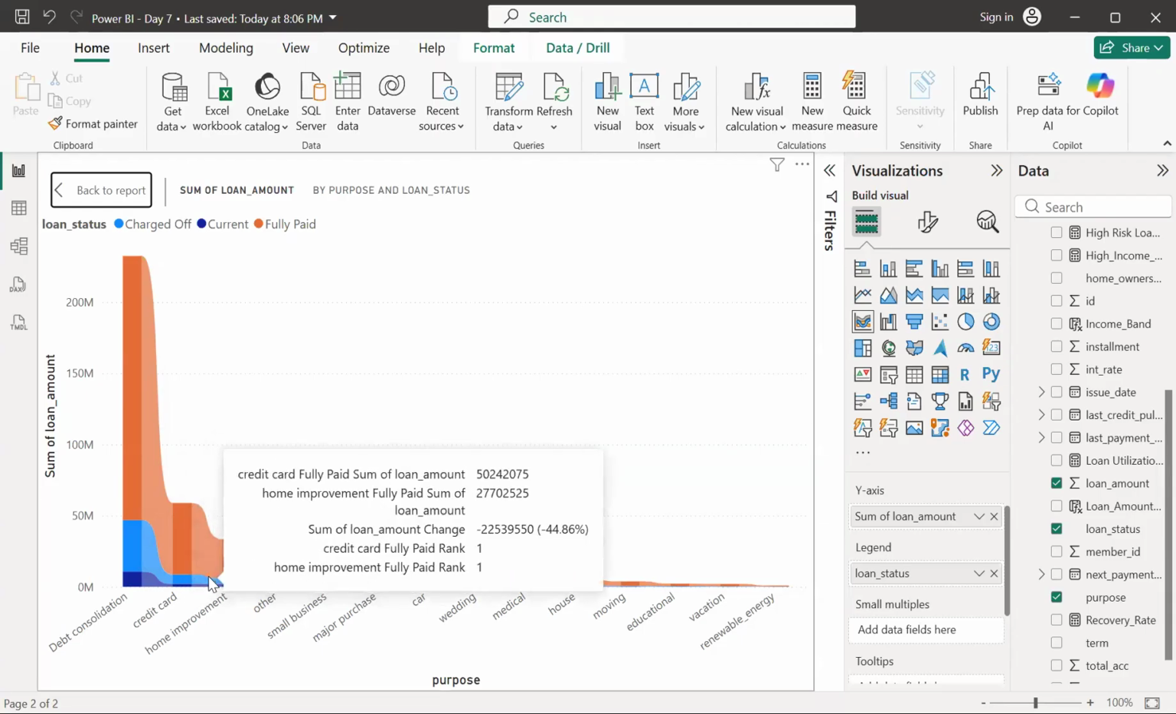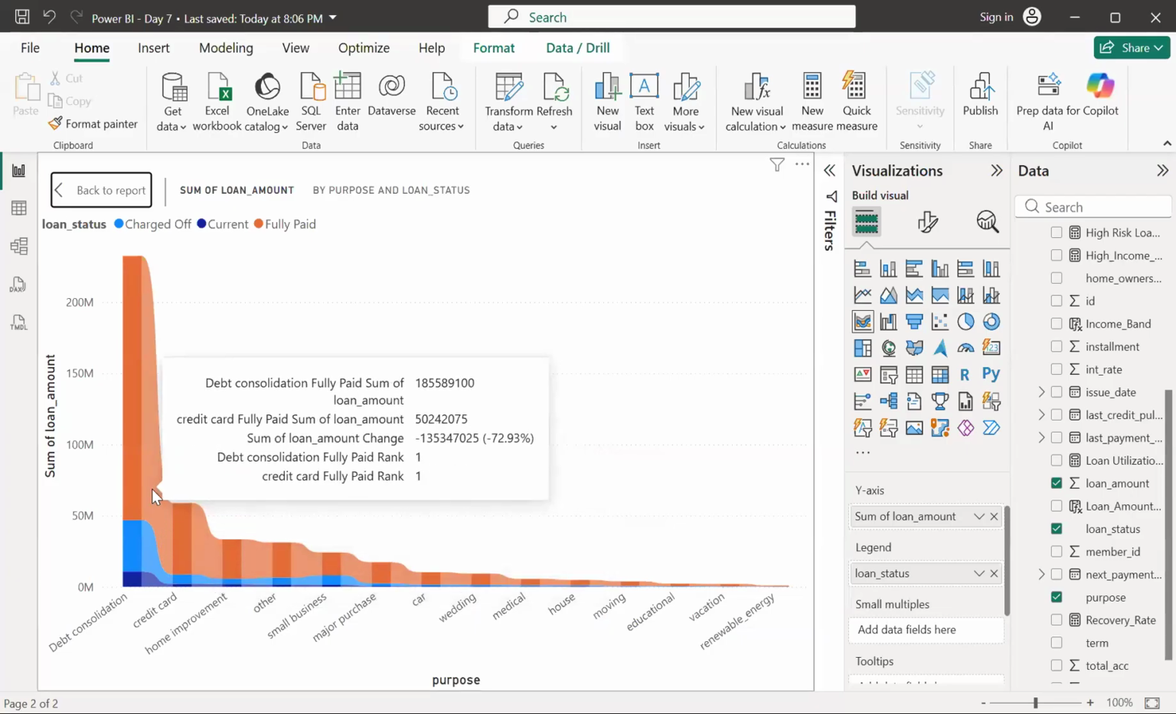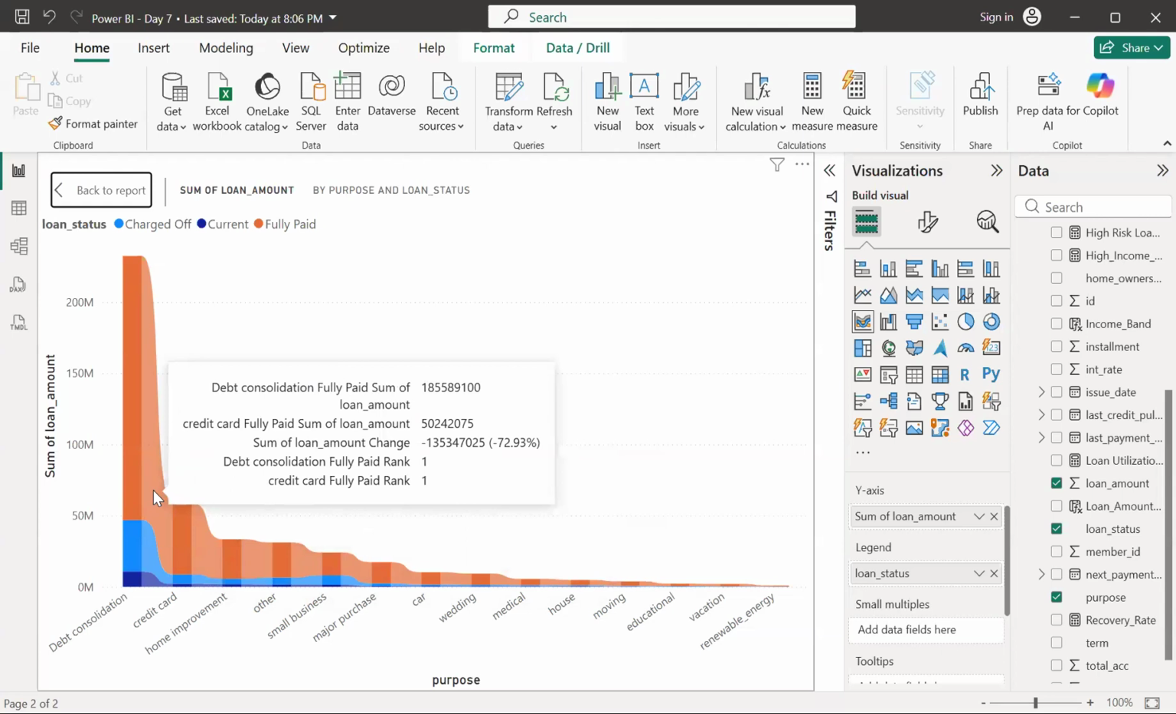Similarly, if you drag a little bit to the right-hand side, you can see multiple values over here, like debt consolidation fully paid. We're getting some value over there, let's say maybe 18 crore. Then, going forward, the credit card fully paid, it is maybe 5 crore. And the sum of loan amount,